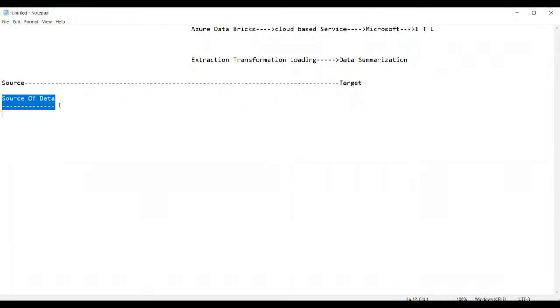So we can say the source of data is the place from where we get the data. We can get the data from the following files. What type of files, guys? But ultimately the files also receive the data from the business. We are all working for the business, right? Even though you are working as a data engineer, that means you are working for a business, or not? You're working for the business.